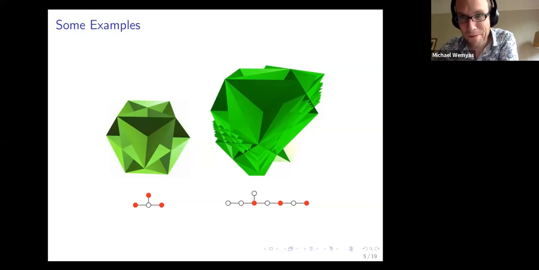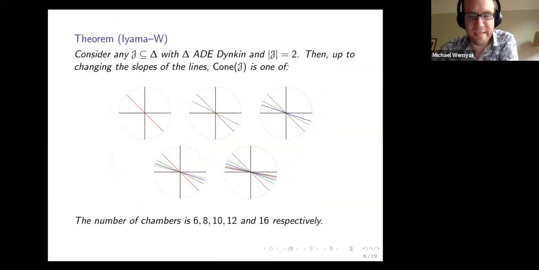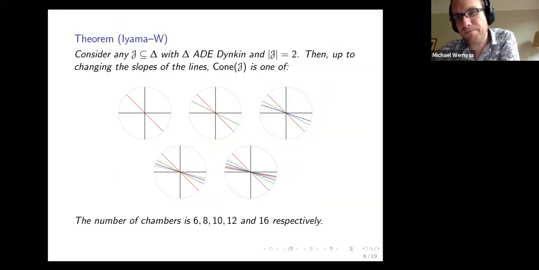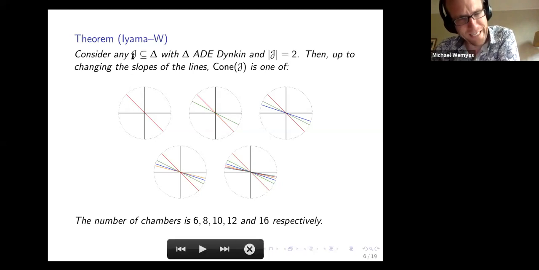Okay, so I got a representative type of theorem on my next slide. This theorem tells you, if you take any 2 nodes in any ADE Dynkin diagram, the question is, what do you get? And the theorem says that you get one of only 5 things. Technically, to talk you through the slide, you take any collection of nodes in any Dynkin diagram, with precisely 2 of them, then up to changing the slope of the lines, which actually doesn't matter, cone J is